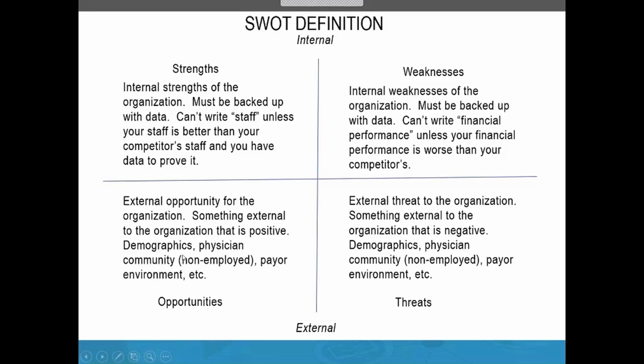Now, I think opportunities are the most tricky category because most people, when you're working with them on completing a SWOT, they'll say, oh, we have the opportunity to increase market share in zip code 37207. Well, that's not really an opportunity. That's actually the beginning of a goal or the beginning of an opportunity. So again, you have to dig and you have to peel the layers of the onion and say, why do you think there's an opportunity to increase share in this zip code?